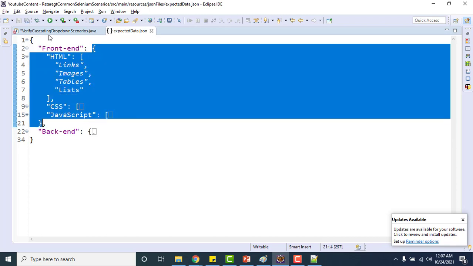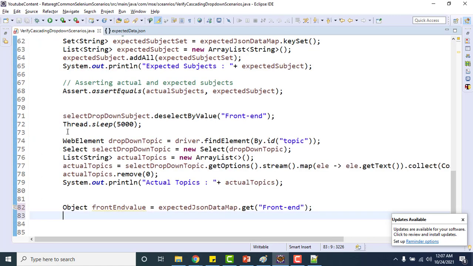So we can cast it to a Map of String, Object, front end map.